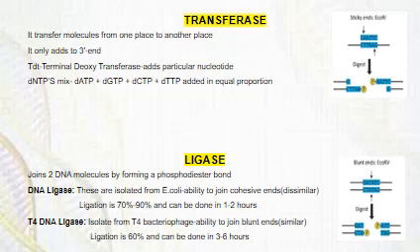Coming to transferase, these transfer molecules from one place to another. It acts only at the 3' end. Enzymes that catalyze the transfer of a group of atoms such as amine, carboxyl, methyl, etc. are called transferases. TdT, terminal deoxynucleotidyl transferase, adds particular nucleotides, dNTPs,